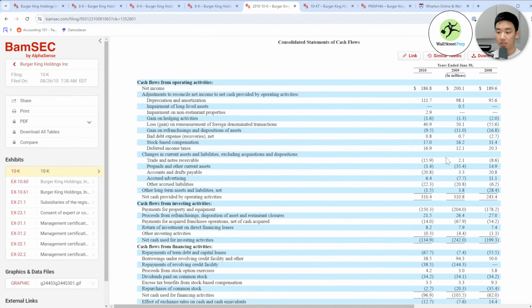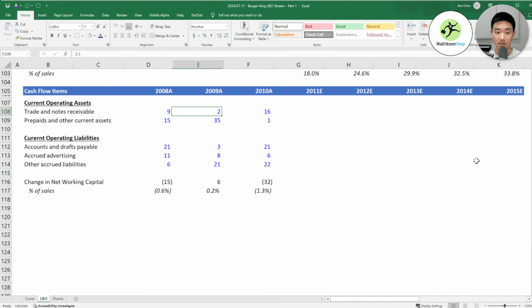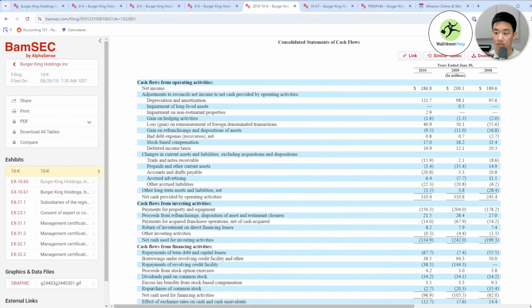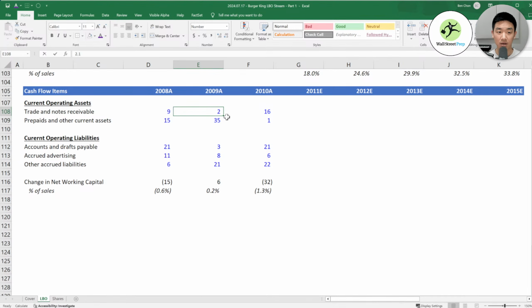What we need to do eventually is flip the signs for the assets, because basically this implies an increase of current assets, right? Because cash has gone out, you're spending more on current assets. So that's why the negatives need to actually be positives in terms of the way, but this needs to be negative in terms of the way I'm calculating things.